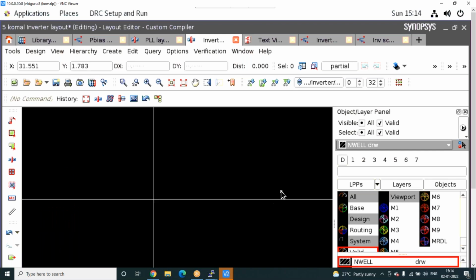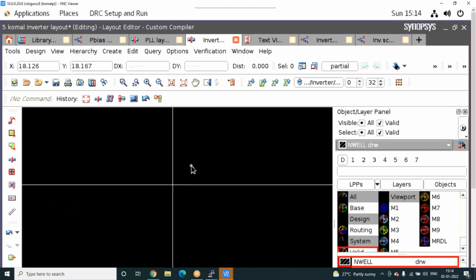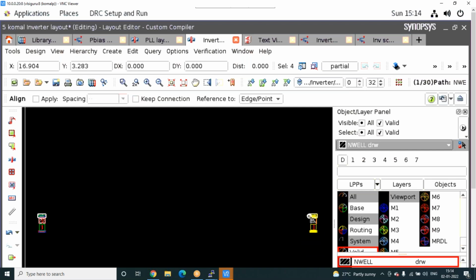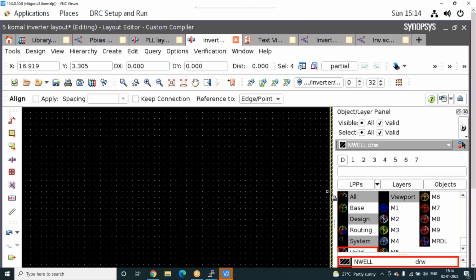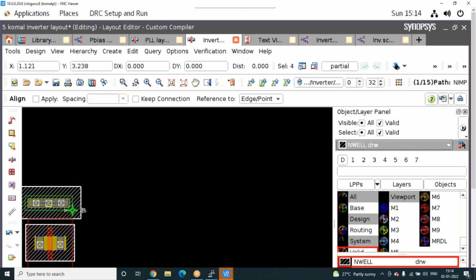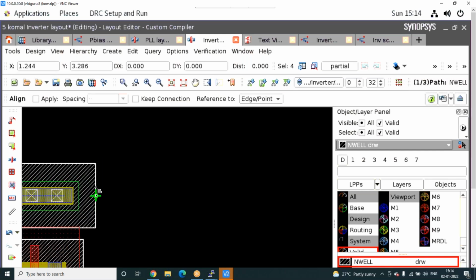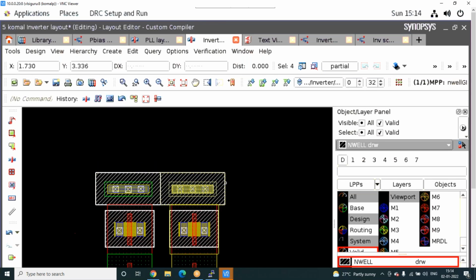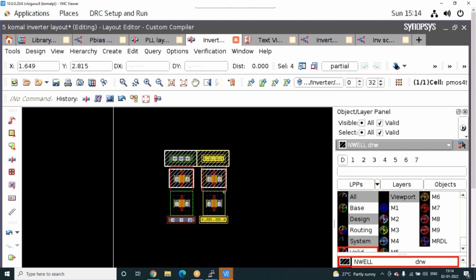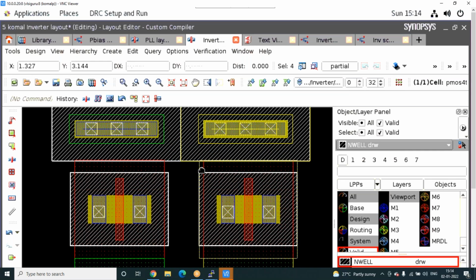See how much time it will take? Only 1 second I will align. I just select here. Not 1 second, it will take 10. See, that device has come here automatically. You can take any place here. So these are the techniques you will learn.